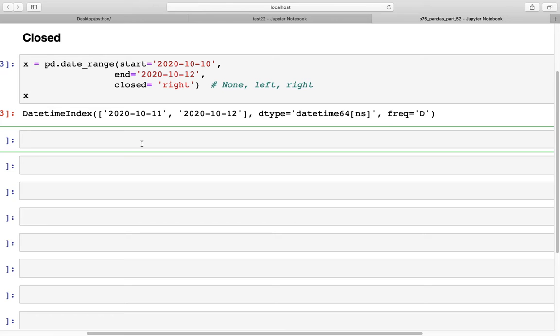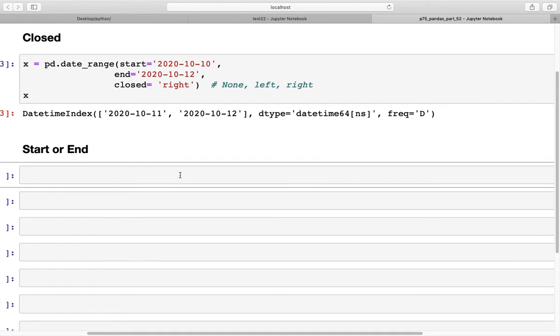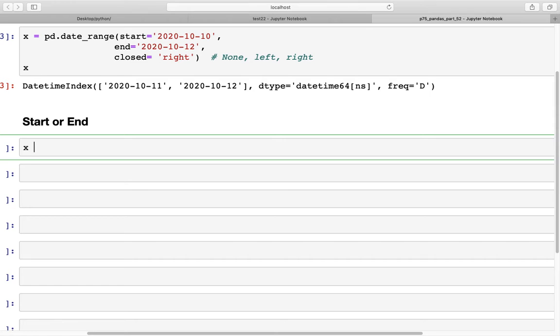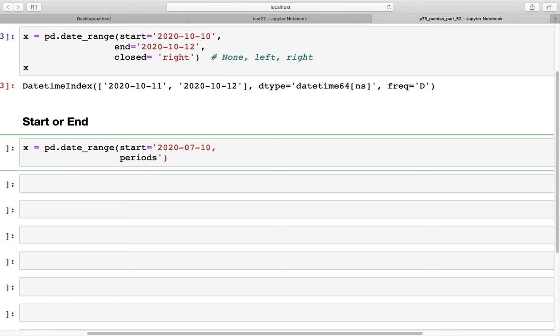So that's a way in which we can control if the start and end dates are included in the output. Now apart from this, so far we have specified both start and end dates, but we can use either start or end, we don't have to specify both. So let's say x is equal to pd.date_range, and here we specify start is equal to 2020-07-10,